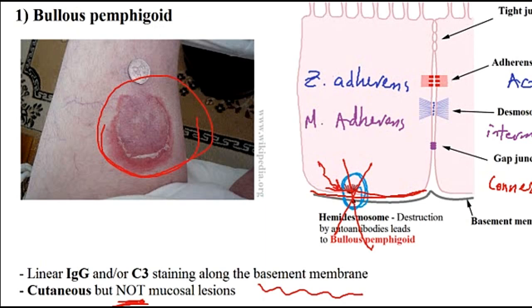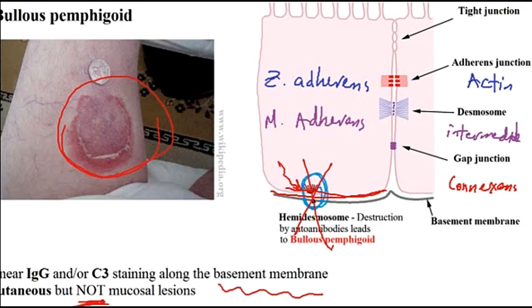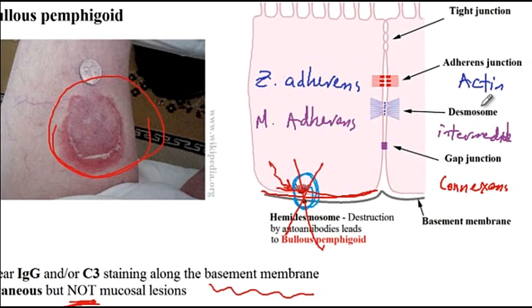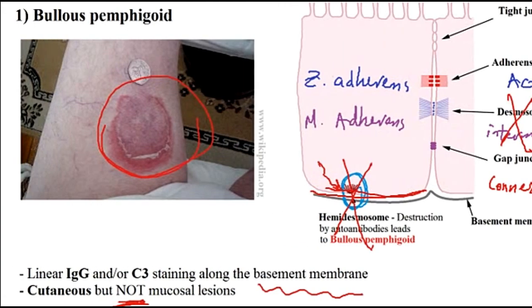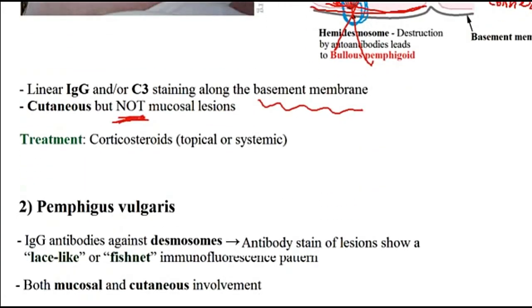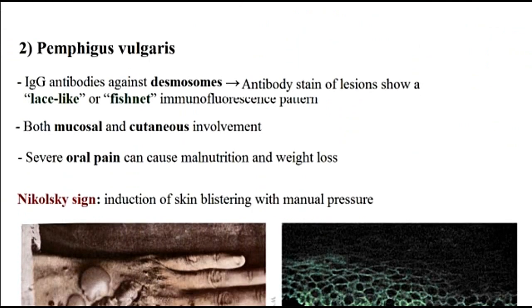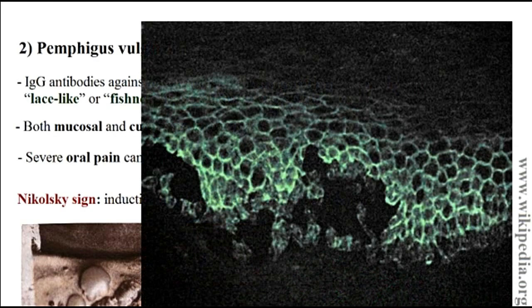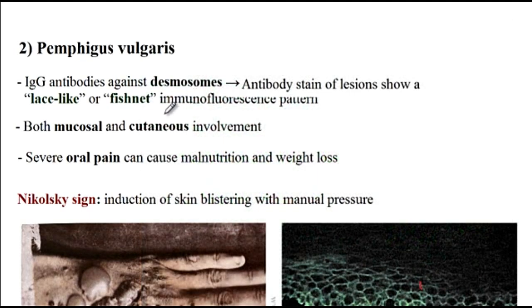The next condition is Pemphigus vulgaris, which is due to the formation of antibodies against the desmosomes. The feature of Pemphigus vulgaris is that IgG antibodies are formed against the desmosomes, as a consequence of which, when you obtain an immunofluorescence stain, since we are now staining for the desmosomes, it will have a fishnet or lace-like appearance. And then unlike bullous pemphigoid, which only had cutaneous lesions, Pemphigus vulgaris has both mucosal and